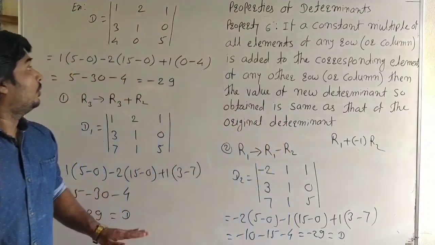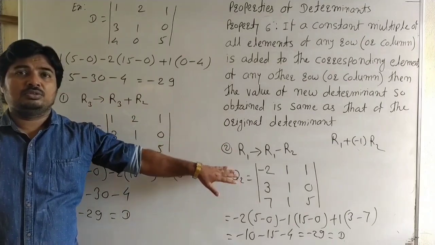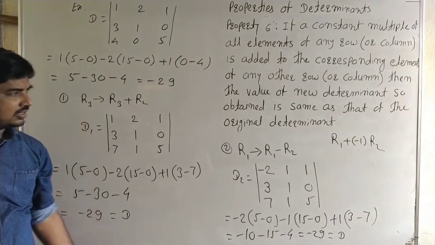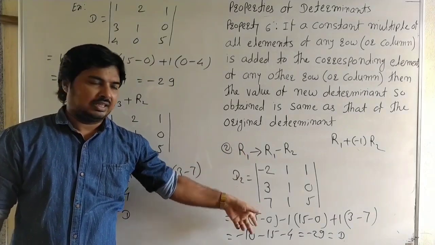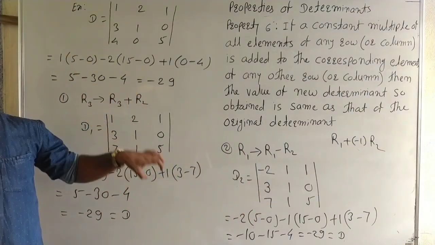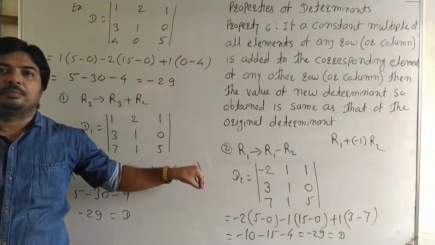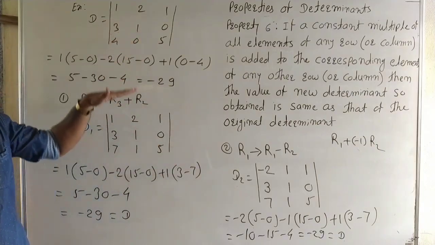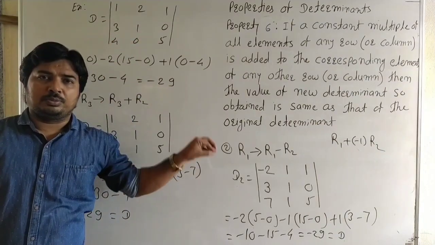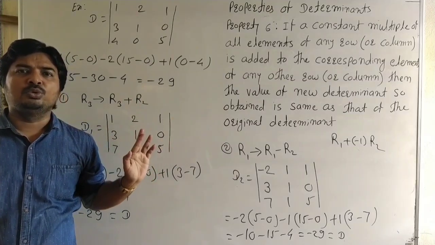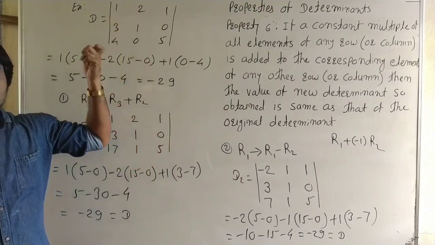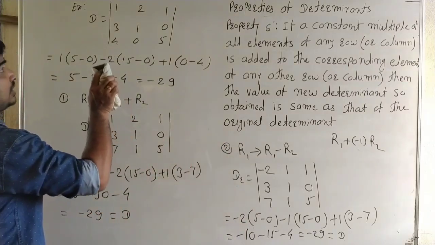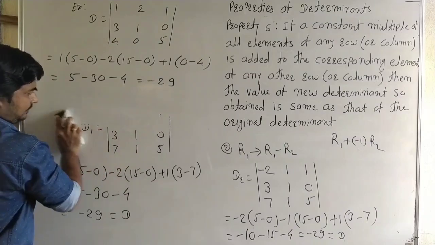Okay, here we can perform the two transformations, we can perform two operations on the original determinant. First operation it is this, and second operation it is this. Okay, and then the value of the obtained determinant remains the same. It is minus 29, minus 29 and minus 29. Here we can perform the row transformation, that is the calculation between any two rows out of these three. Calculation between any two rows. Now we can see the column transformation, that is the calculation between any two columns.